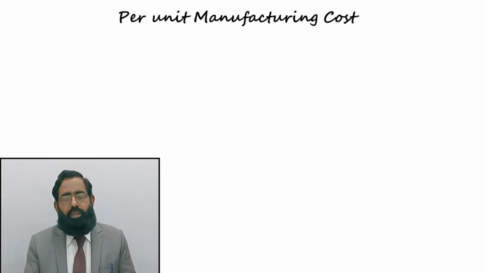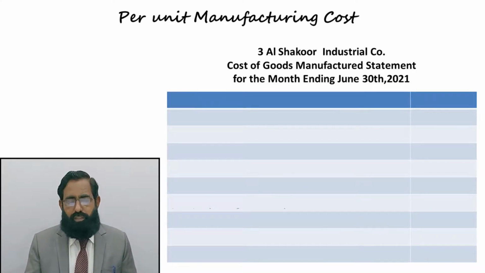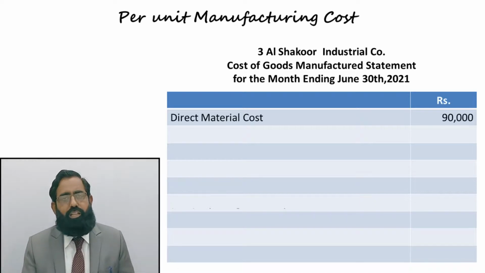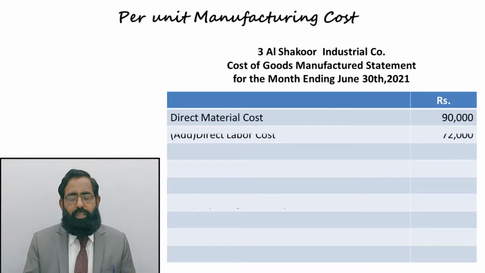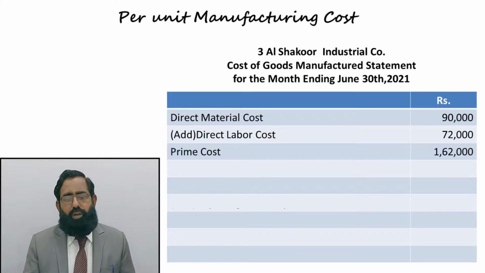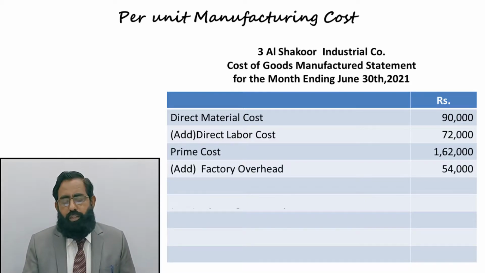Now we move towards requirement number 3. Requirement number 3 is cost of goods manufactured statement. Again, हम 3 लाइन की हेडिंग देने के बाद जो वैल्यू डायरेक्ट मटेरियल कास्ट क्वेश्चन के अंदर दी गई है 90,000 उसको लिखा गया। इसमें डायरेक्ट लेबर कास्ट 72,000 को ऐड किया गया, प्राइम कास्ट मिल गई 1,62,000, इसमें FOH को ऐड किया गया जो कि एक्चुअल FOH क्वेश्चन में गिवन है 54,000, टोटल फैक्ट्री कास्ट आ गई 2,16,000।